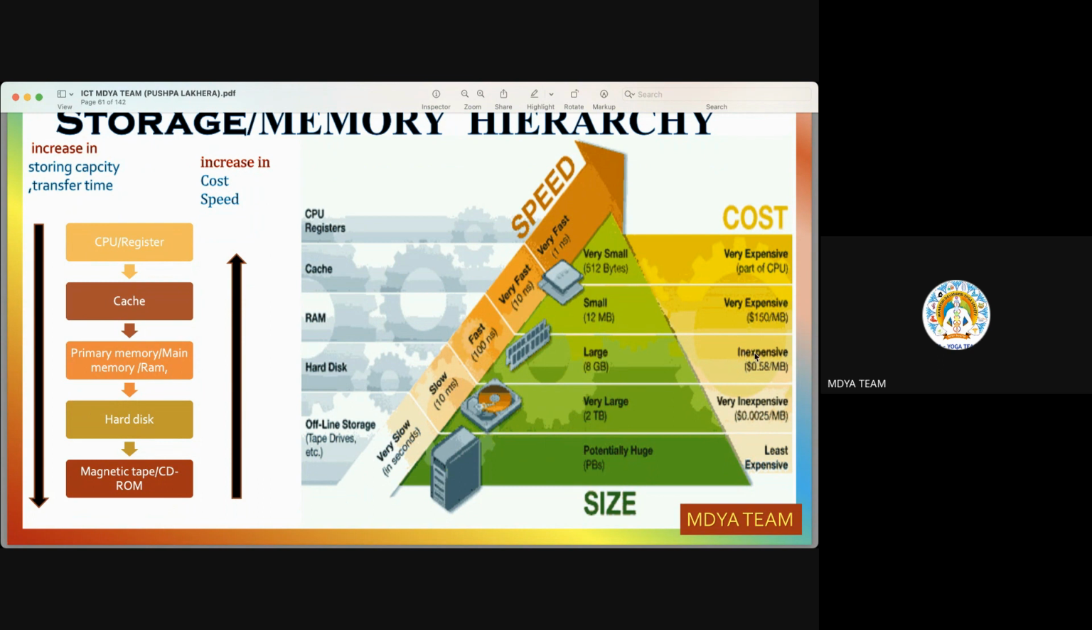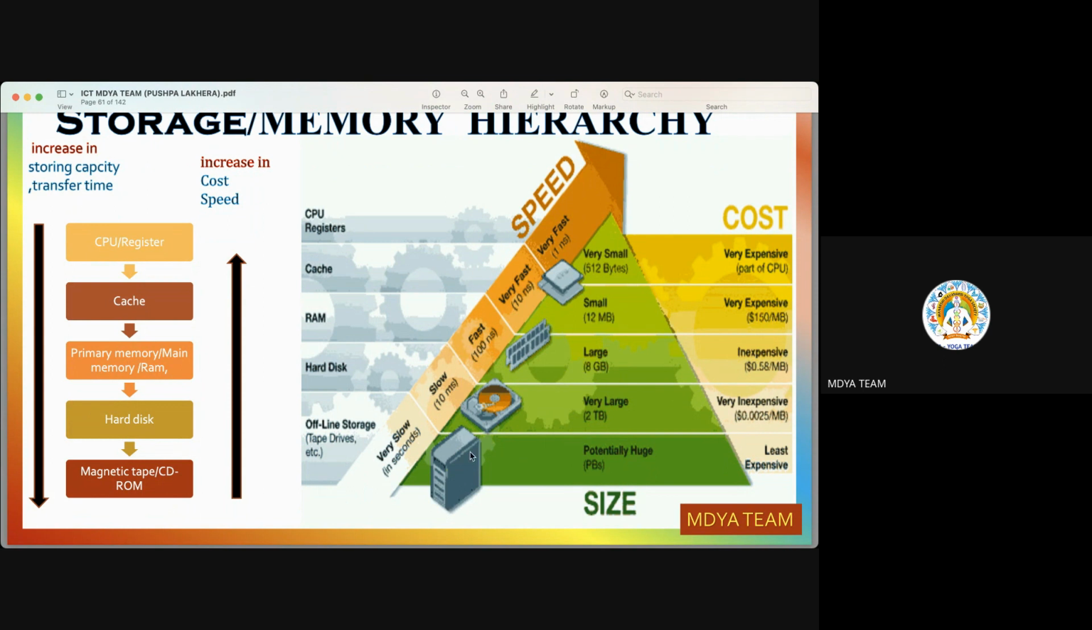And they are inexpensive as compared to other registers, which are very, very expensive. Now, cache memory. Cache memory is very fast as compared to RAM, but not as fast as registers. Its size is smaller as compared to RAM, but compared with registers, it is somewhat big. Their capacity will be 12 megabytes. And they are also very, very expensive as compared to the